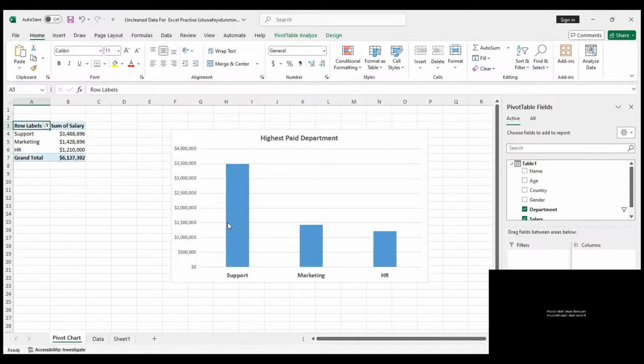When it comes to data formatting, I was teaching some people yesterday. I said that when you're formatting numbers like this, you can put them in currency. But when it comes to numbers for dates and age, you can't put them in currency. You have to put them in numbers. So if you can't put your age in numbers, you are wrong. But the two are numeric. So you have to understand